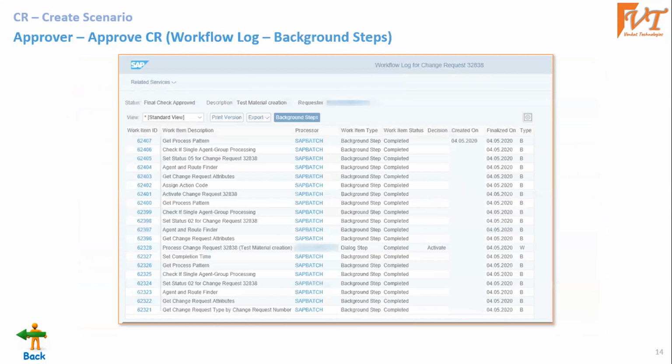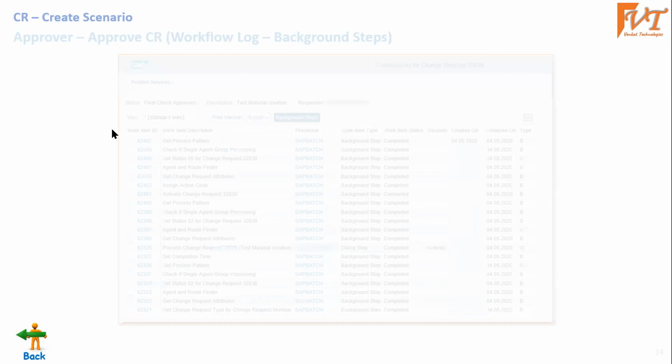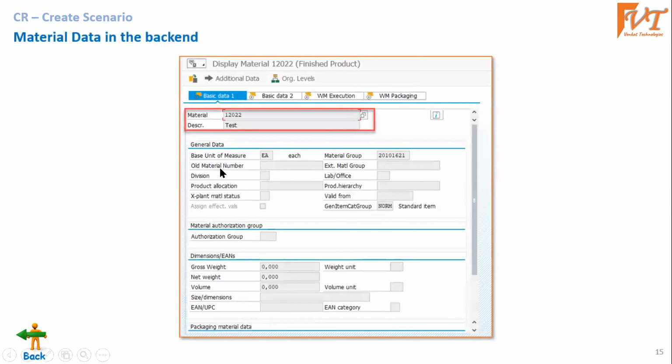Let me take you to that screenshot. All these are the steps executed during the creation of this material. Don't worry, we will see all these things, that's simple one-on-one. Now you can see the material master data has been created in the system. This is how the material governance process works in SAP MDG at a high level.